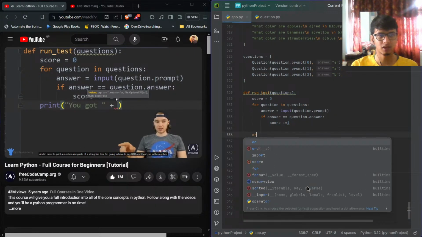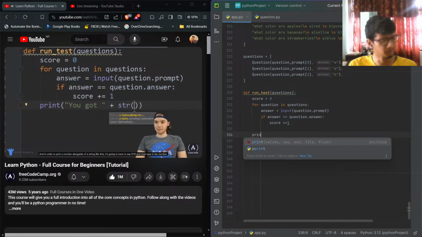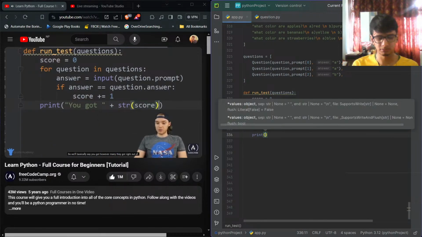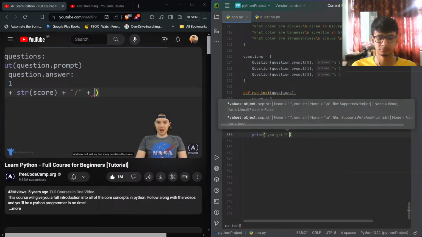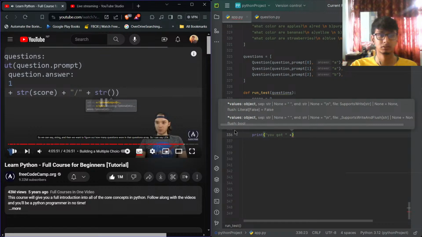And in order to print a number alongside of a string like this, I'm going to have to say str and then type in the number. So we'll say str score. So we'll basically say you got however many they got right out of, so we'll use this little /, and now we'll just say how many questions there were. So we can say, and again, we're gonna have to convert this to a string because it's gonna be a number. So we can say string, and